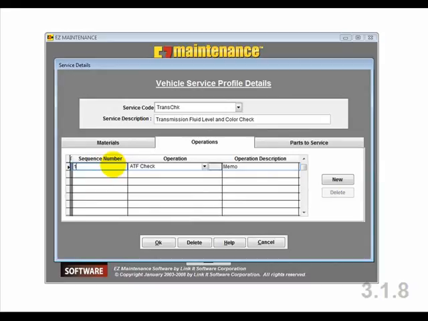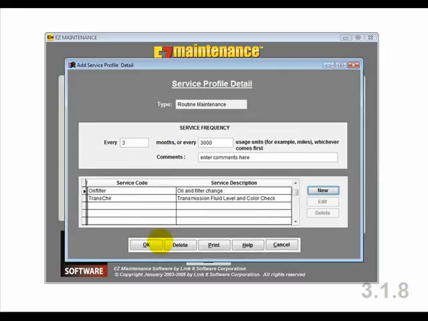After we've added the one operation, we click the OK button to save the service. Now we've added both the oil change and the transmission fluid check to the routine service, which occurs every 3 months or 3,000 miles. As you may have guessed, you can also use the Edit button here to edit a